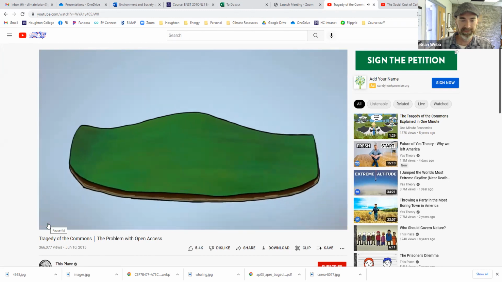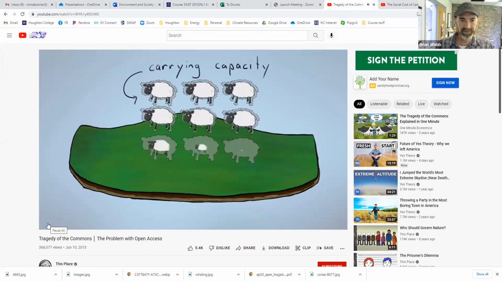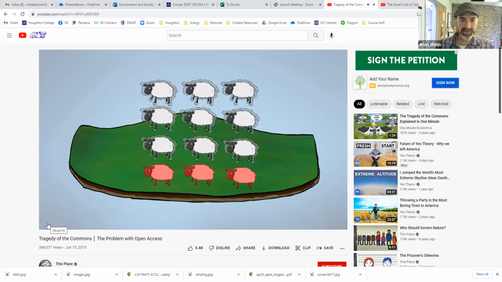Let's assume the number of animals this field can feed is based on the quantity and quality of the grass, which is based on the health of the soil, and it can only hold this many animals. This is the carrying capacity. If animals are added beyond this, the grass can't regrow fast enough to support them all. Also, the grass protects the soil from erosion. If too many animals are around, the field may decline in productivity, lowering the carrying capacity. The animals will be less healthy and provide lesser quality products, lowering the profit each animal provides.